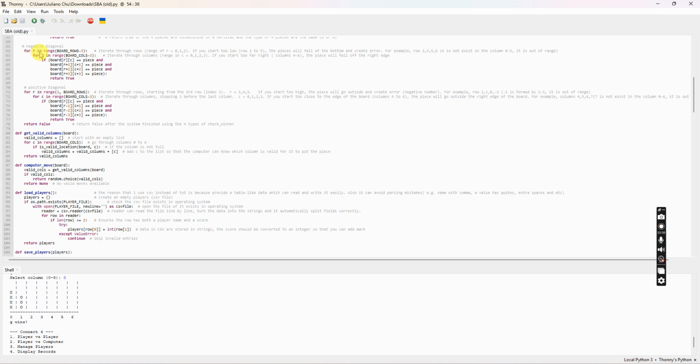So for the negative diagonal and positive diagonal, I will explain briefly because I'm running out of time. Sorry,